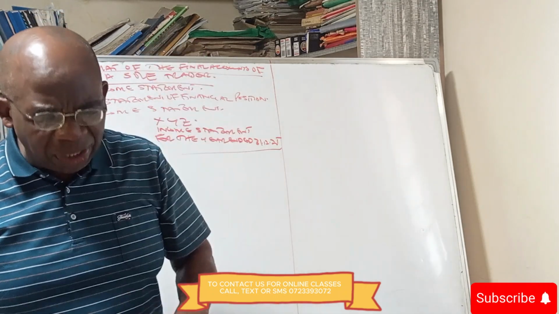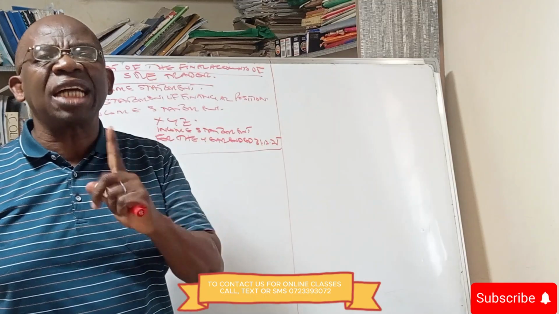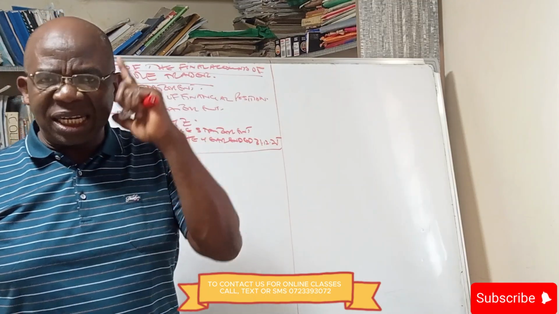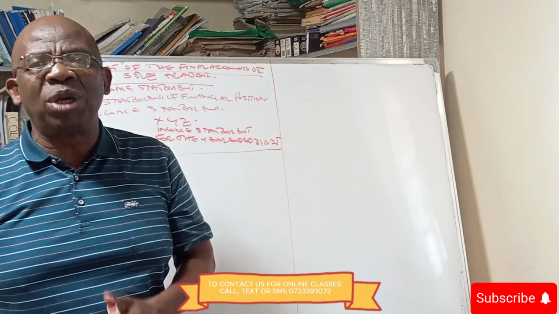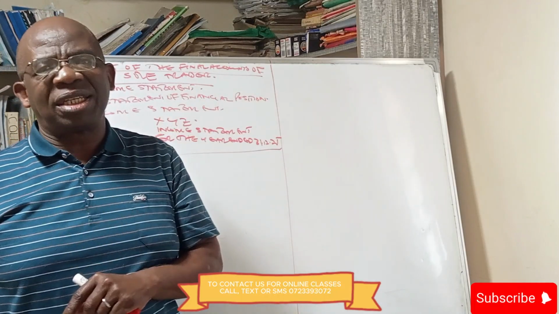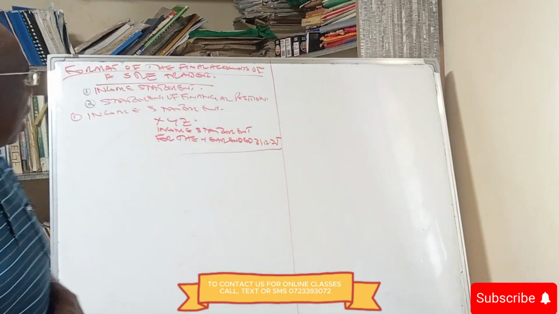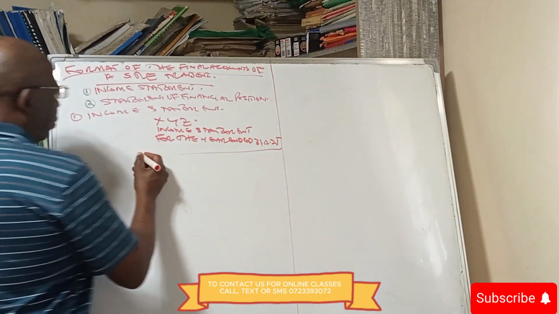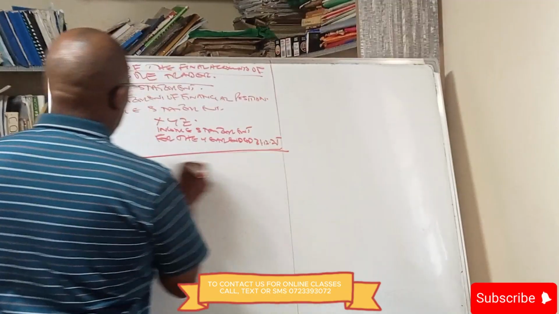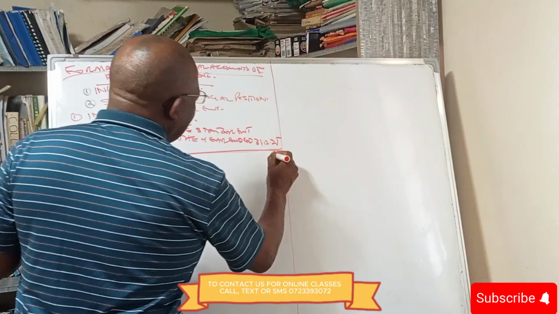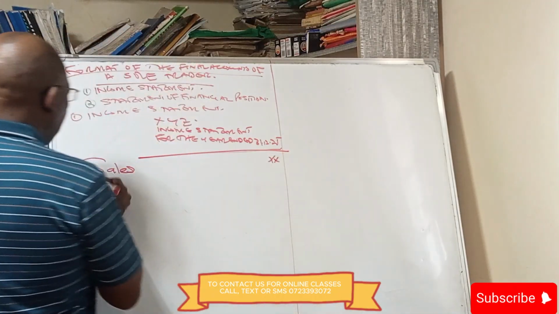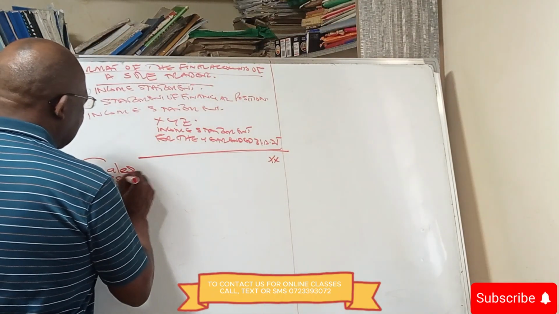And don't just memorize for the sake of it. You must start by understanding why we are doing what we are doing. Once you understand, then memorize. Now we start by saying sales. We get the total sales and we capture it there, and we say less return